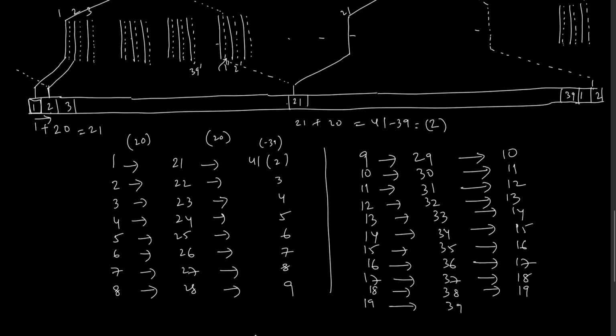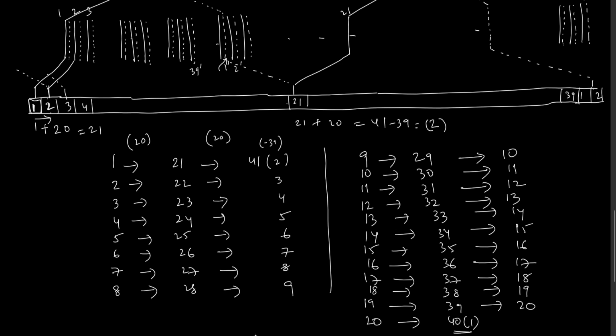19, 39, 20, so 20, this is 40. 40 means again we have only 39 segments, so 40 minus 39 means it will come to 1, so back to 1, here it ends. Okay, so like that, 1 is started here, ends at 2, 2 will start here, ends at 3, like this, 3 will start here, again ends at 4, so like that we go on.